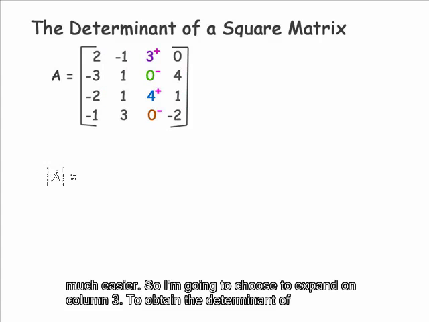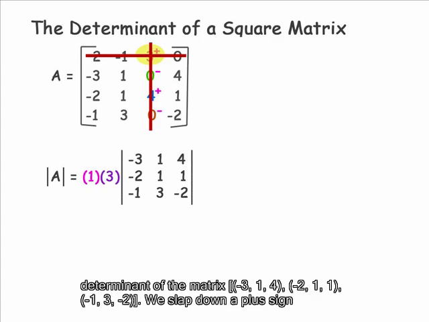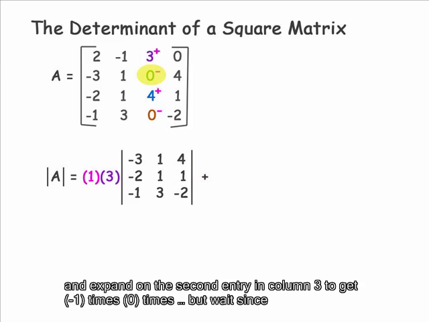To obtain the determinant of matrix A, we expand on the first entry in column 3 to get 1 times 3 times the determinant of the matrix, row 1: -3, 1, 4; row 2: -2, 1, 1; and row 3: -1, 3, -2. We slap down a plus sign and expand on the second entry in column 3 to get